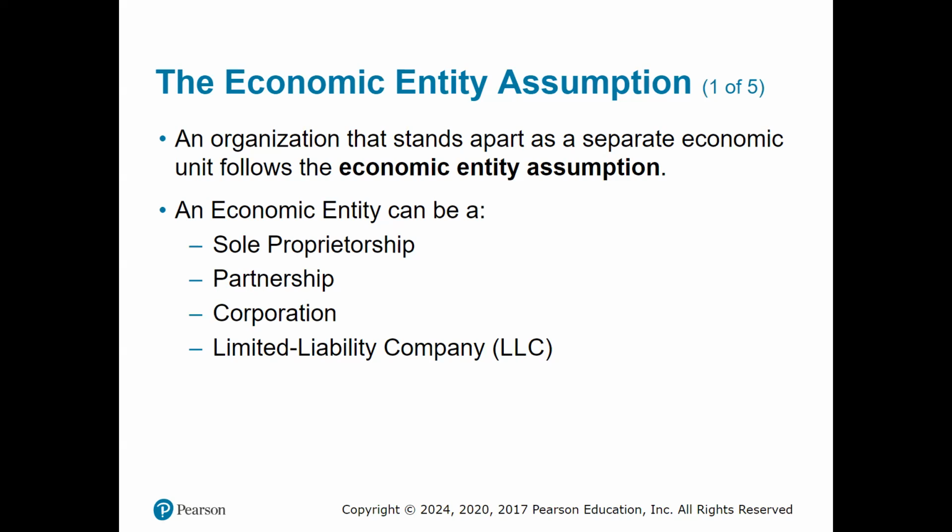So that is why we try to keep things separate, and we try to do accounting under the economic entity assumption, which is that each business and individual is a separate entity. So they talk about some different types of entities here, which are part of this chapter. I talked about a corporation already. A sole proprietorship is the most basic, simple type of company that you can start.